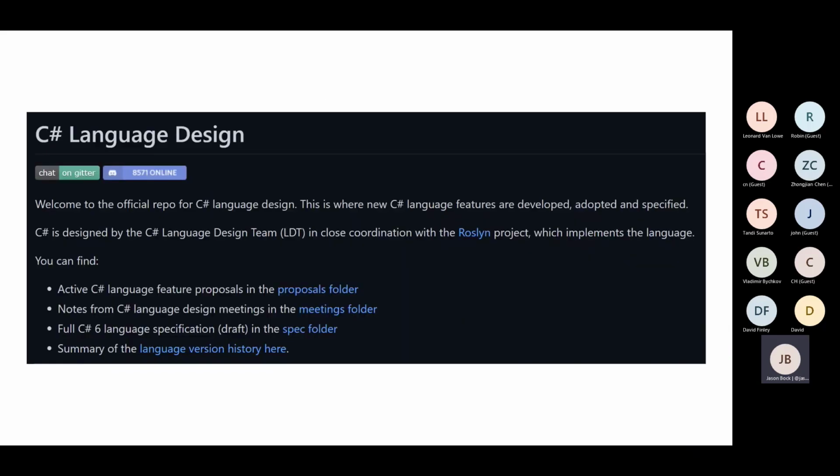The C# team does a lot of their design in the open, and they actually have language design meetings. Those are done closed, but then they publish the notes for them relatively quickly. And so then people can see what they've been talking about. Discussion on specific features is all done in GitHub, between team members and also the community. So you can find all this stuff out in the repositories.